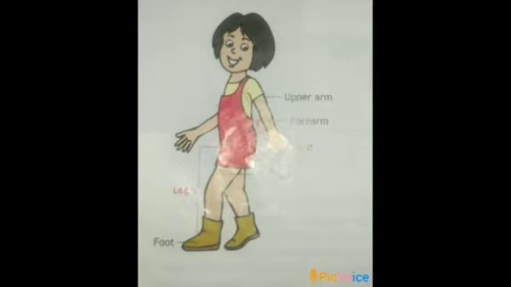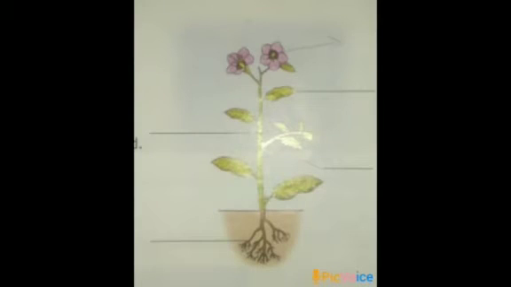You know what are limbs? The arms and legs are called limbs. And then joint. A joint is where two parts of the body are joined. The head is joined to the body at the neck. In our second lesson, we learned the parts of plants. And the main parts of a plant are root, stem, branches, leaves, flowers and fruits. A root absorbs water and minerals from the soil and leaves prepare food for the plant.